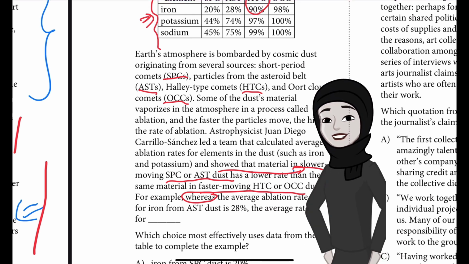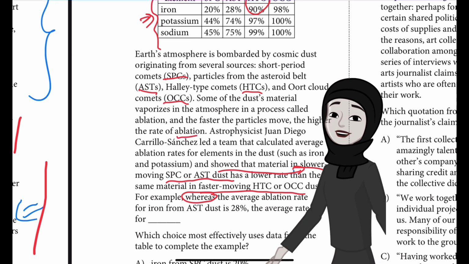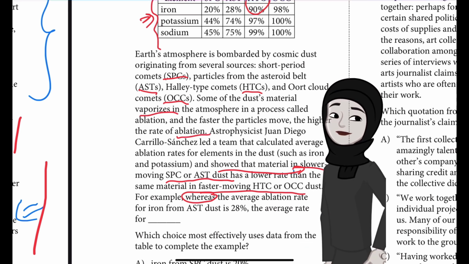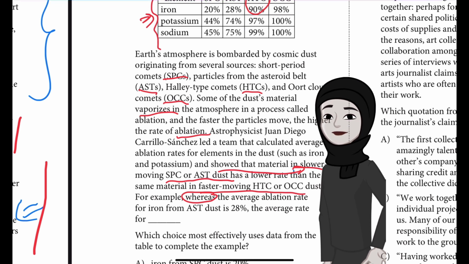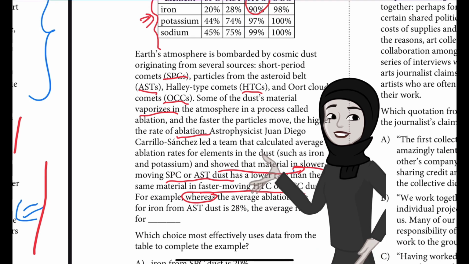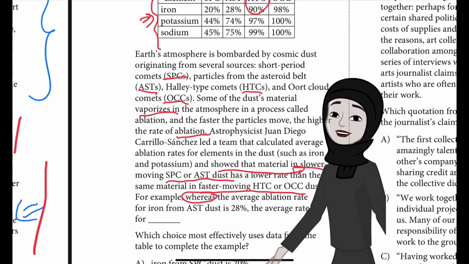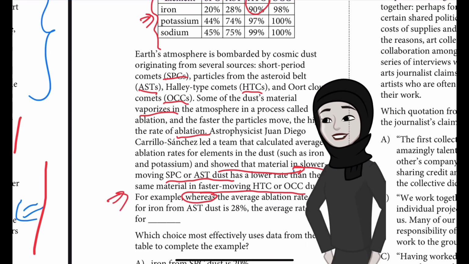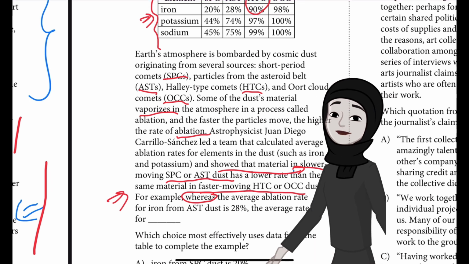Ablation is the dust materials vaporizing. Some are fast and some are slow. The text then presents the first part of an example of this pattern, describing the ablation rate of